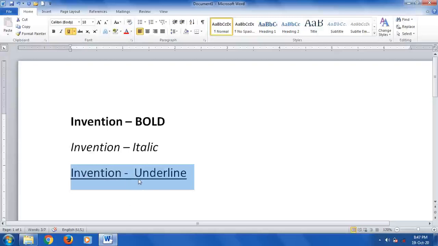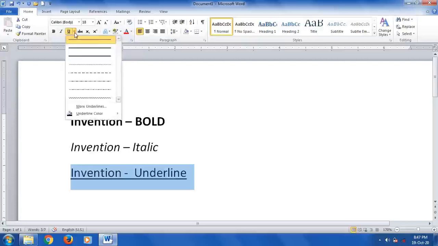Now if you want to underline with different styles like zigzag line or double underline, in that case Word has given a feature. See, on the Home tab, Font group, next to the underline option there is one down arrow mark. Just click on that down arrow mark and choose the desired style.